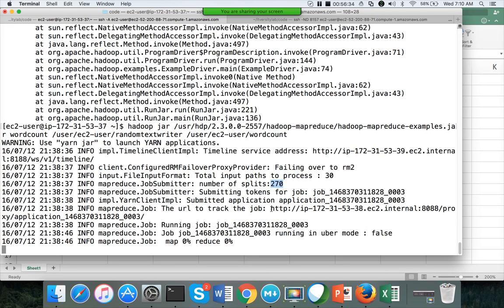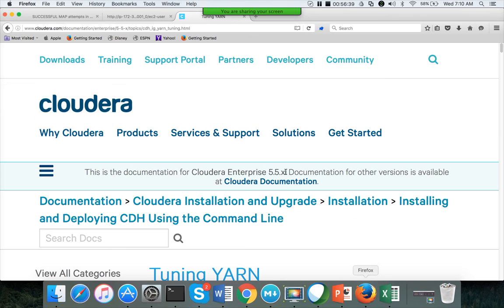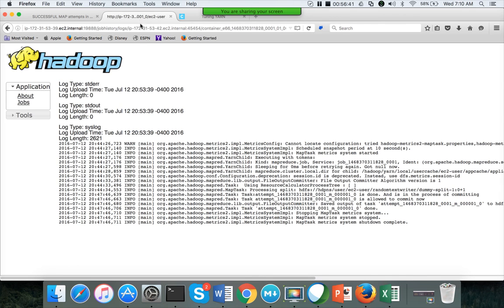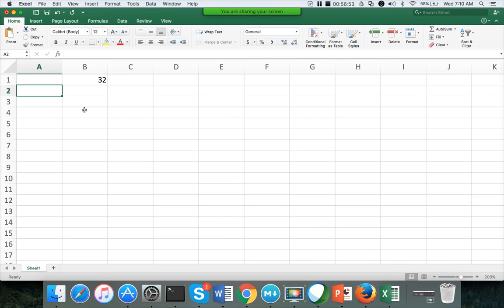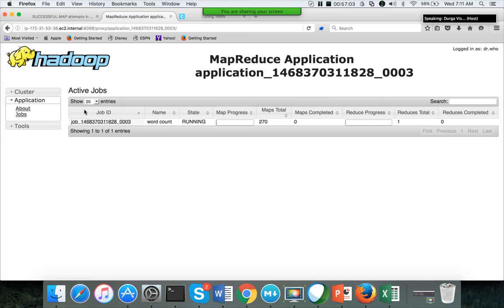That one you can confirm by using this URL and going to Firefox. Okay, so I have started that job around 7:10. Let me give the job ID itself.